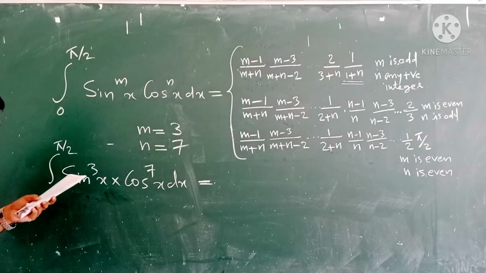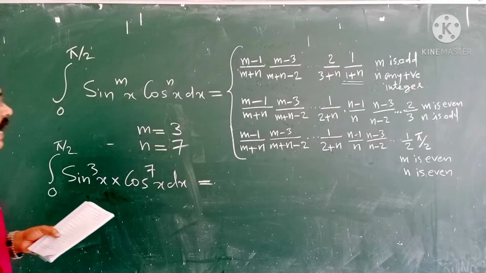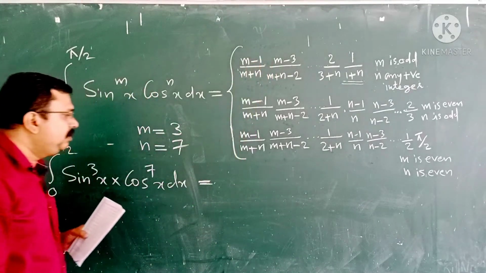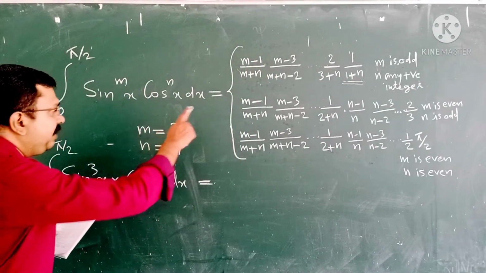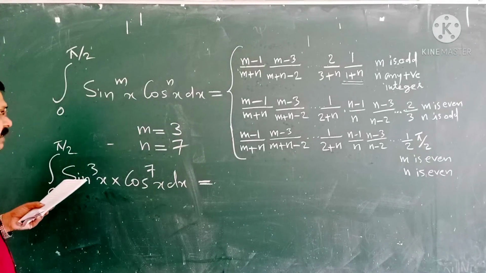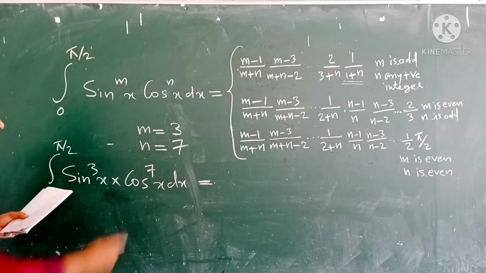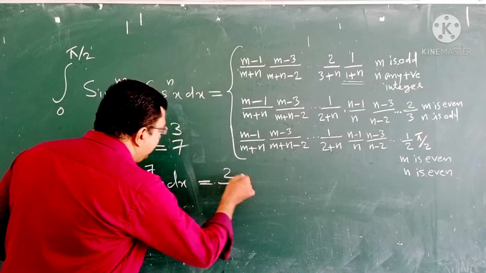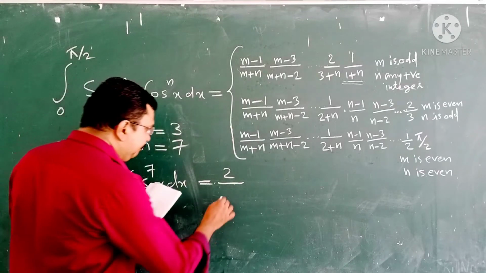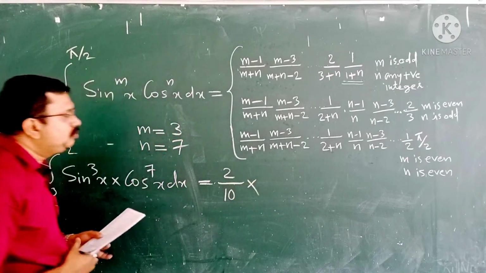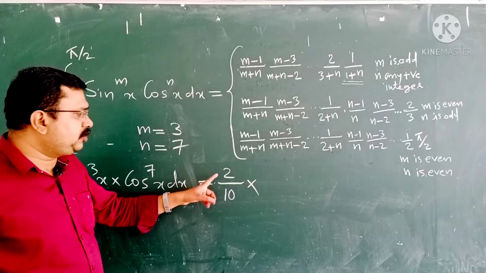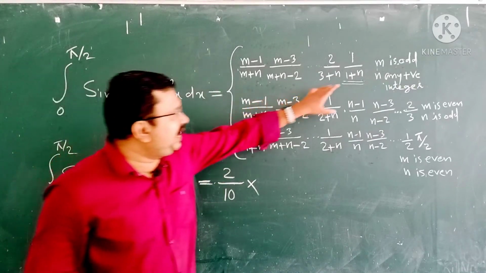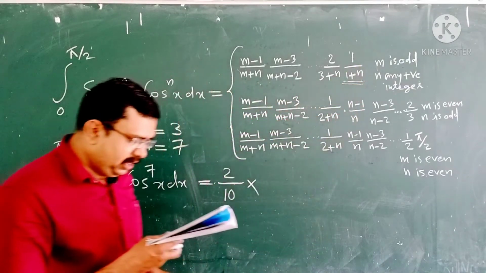Here m is odd and n is any positive integer. The first case is applying. We are applying the first result. Therefore, first m minus 1 by m plus n. M minus 1 means 3 minus 1. 2 by m plus n, 10, into, we cannot subtract 2 from numerator and denominator because here is 0. Therefore, we may apply the last result, that is 1 by